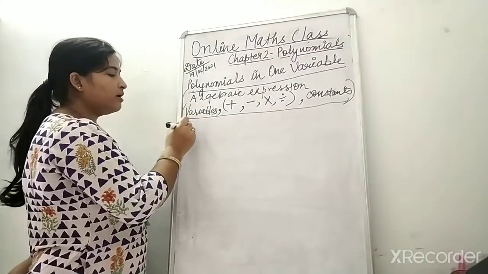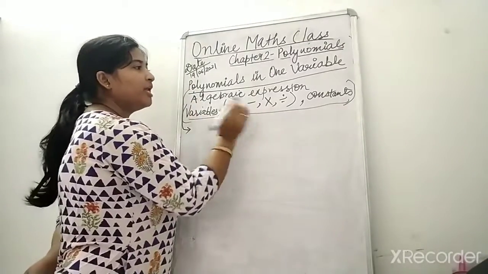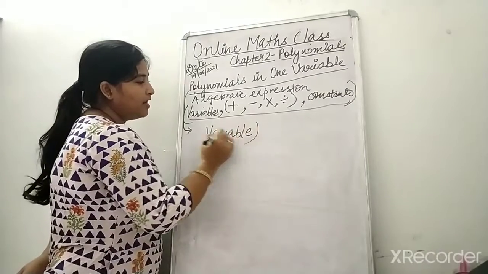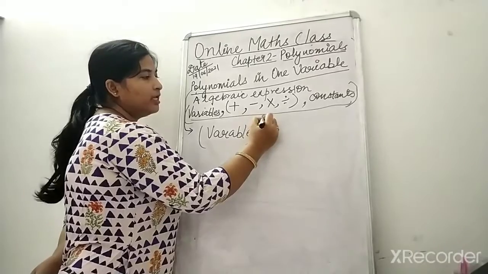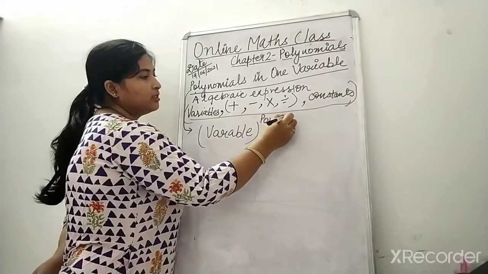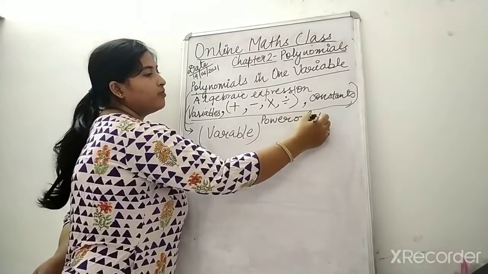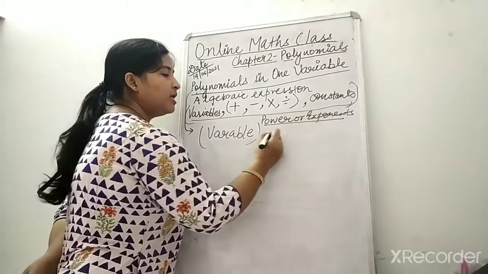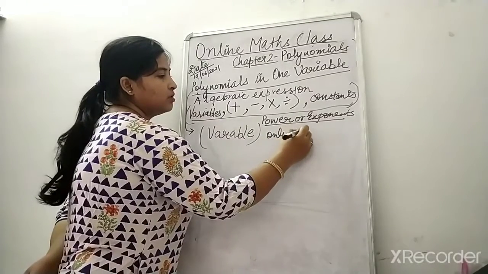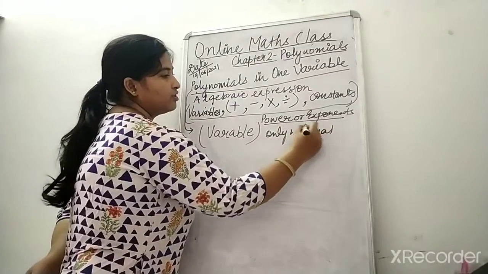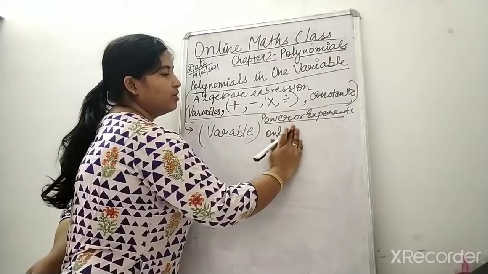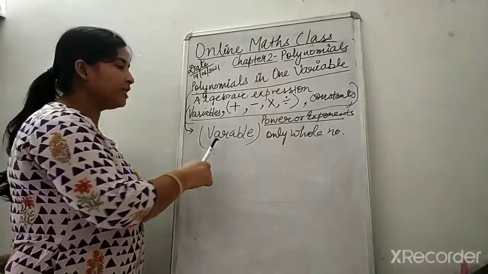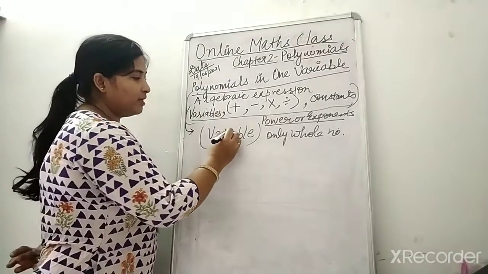Okay, so what are polynomials? Polynomials are those where the variable will have the power or exponent in the form of natural number only. So here the powers and exponents, what should they be? Only natural numbers or whole numbers. It should not be in fraction. When the power on variable